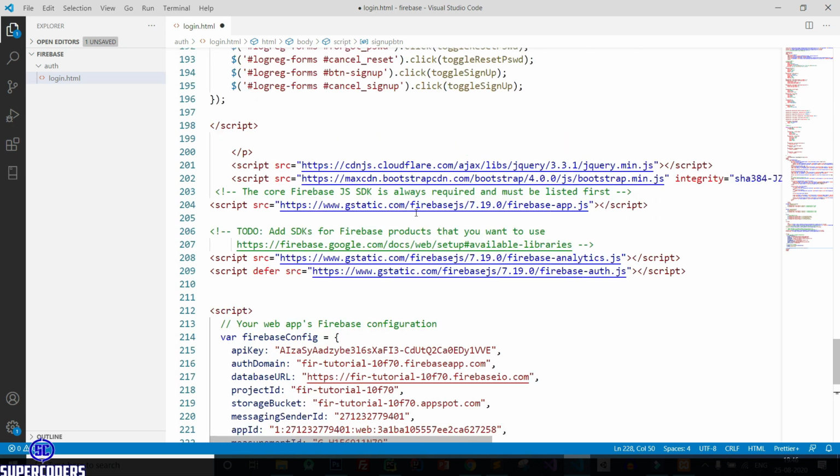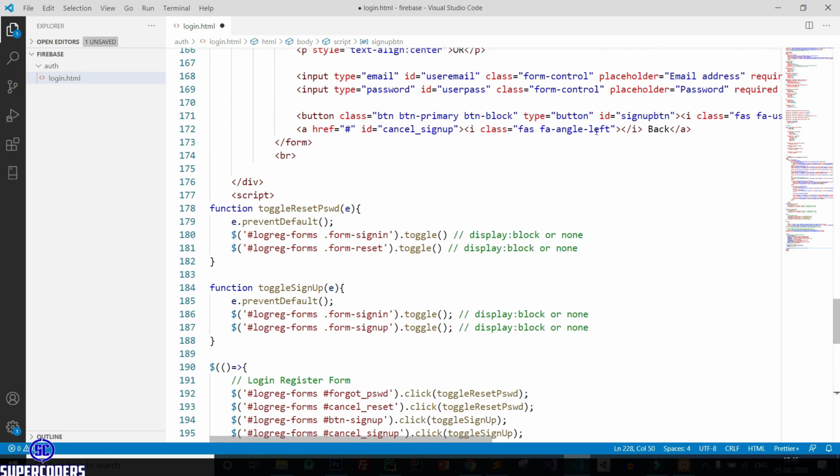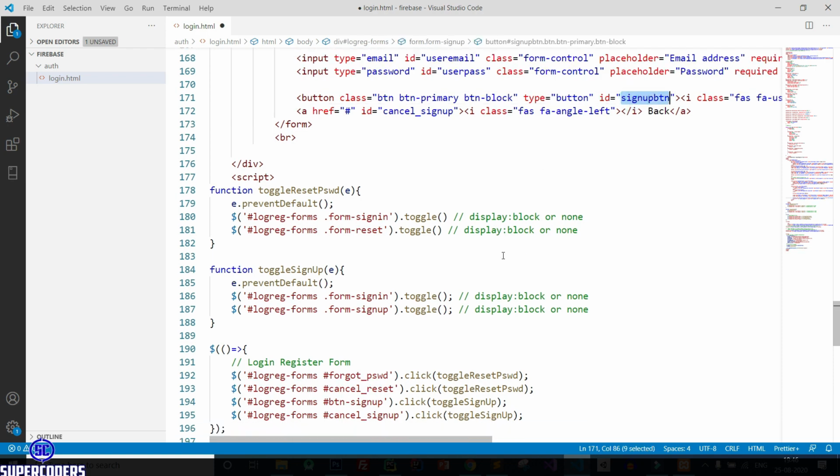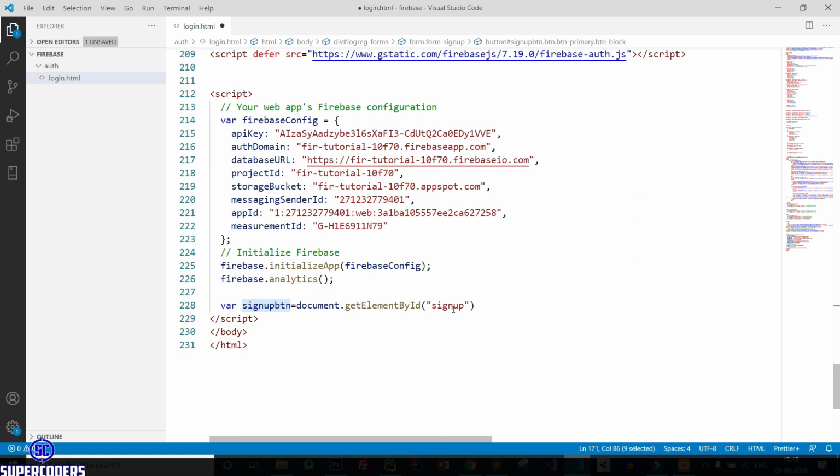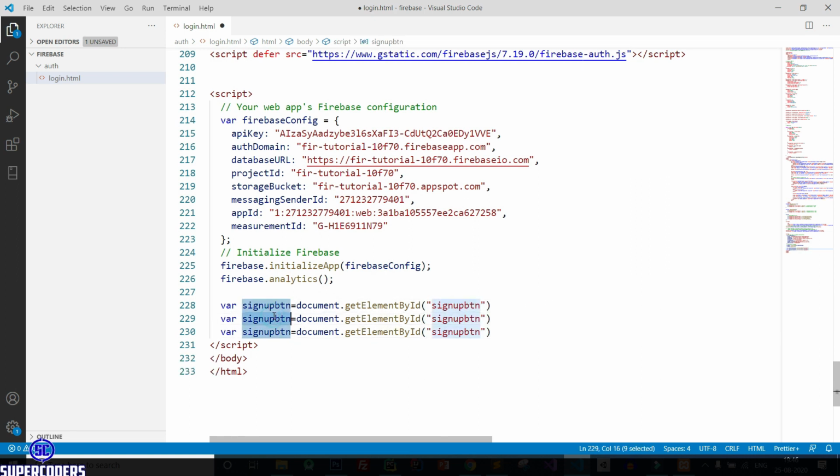Let's check again. Sign up button, copy it, paste here. Again copy the same line. Email sign up, password sign up.